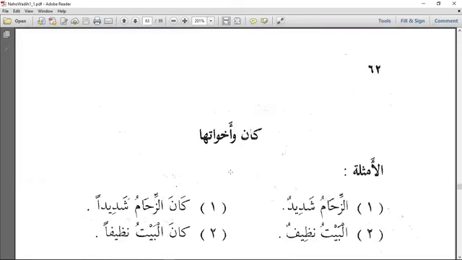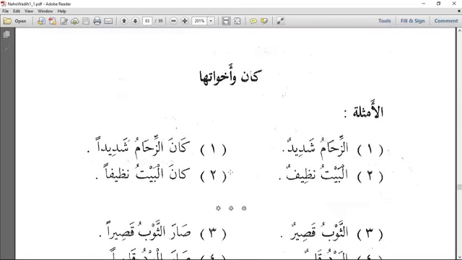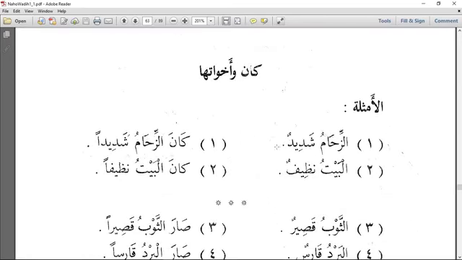So moving to the examples, we have our mubtada and khabar first. Az-zihamu shadidun. The crowd, the traffic is severe. So when we add kana to it, we have kana zihamu shadidan. If you recall the first qaida that we read, he said yarfa'ul awwal, which is the mubtada. This is the awwal.